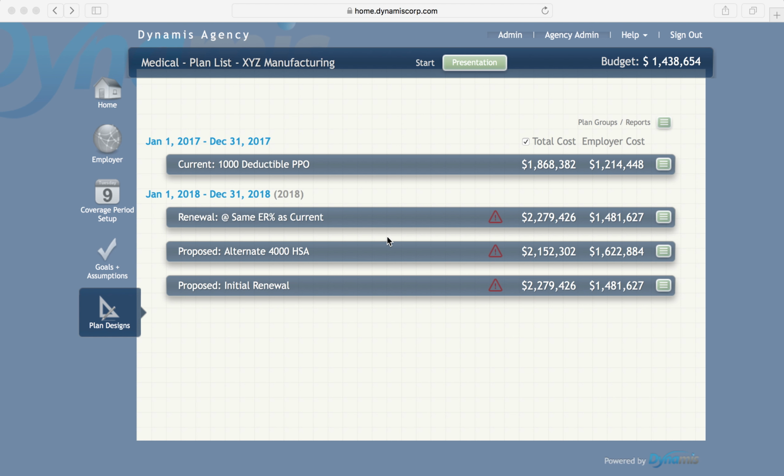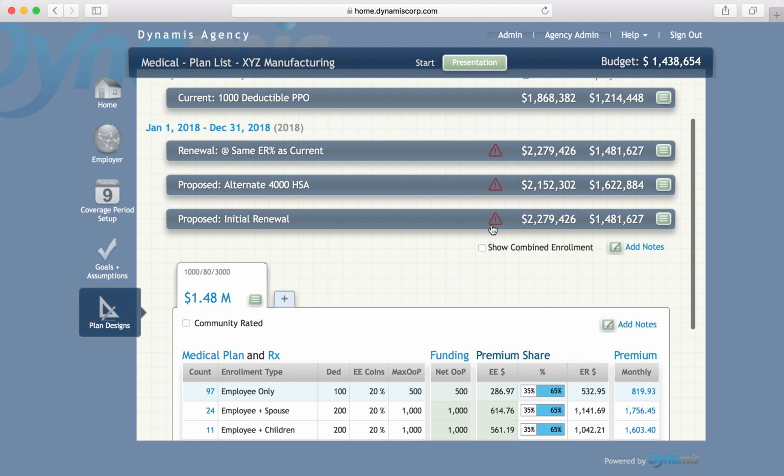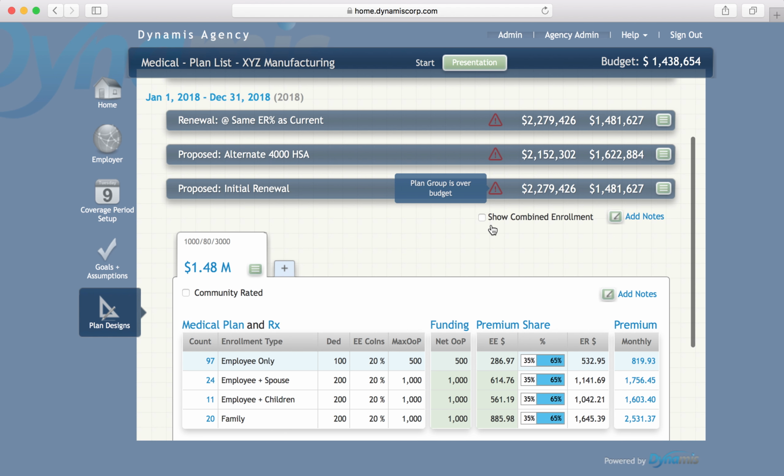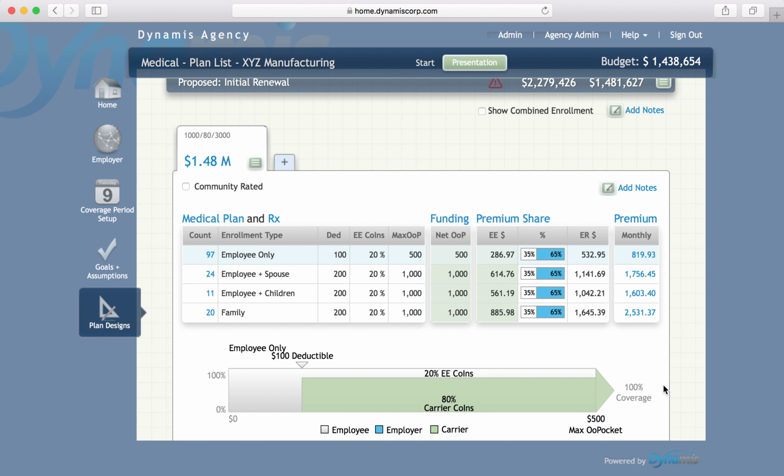In this video, we are going to walk through how we can go about using the same plan design, but showing multiple sets of rates. Now here in Dynamis, the premiums are always going to be tied directly to a specific plan design, so a medical RX combo, within a given coverage period. So anywhere I would use this plan design here, within my 2018 year, the same premiums are going to be